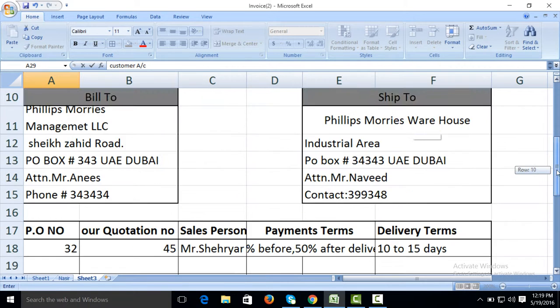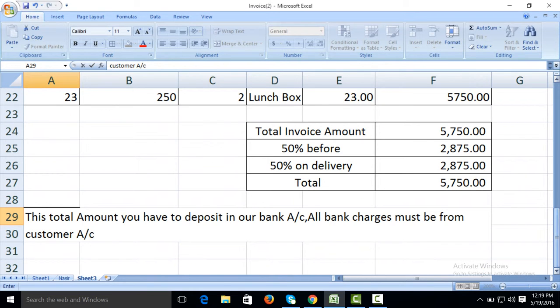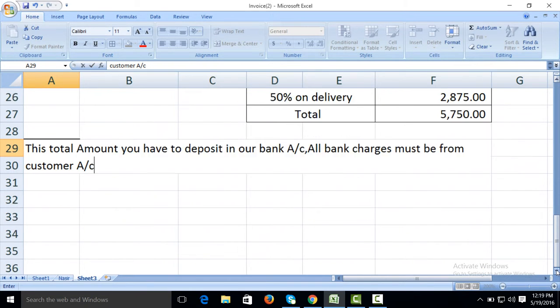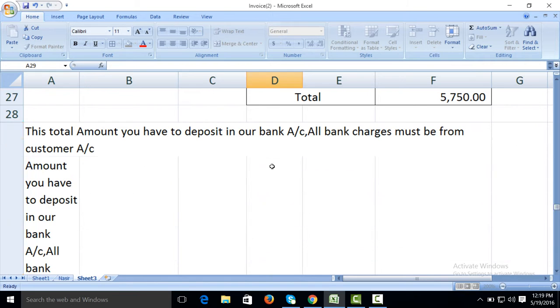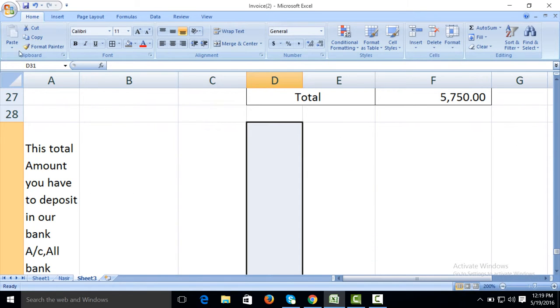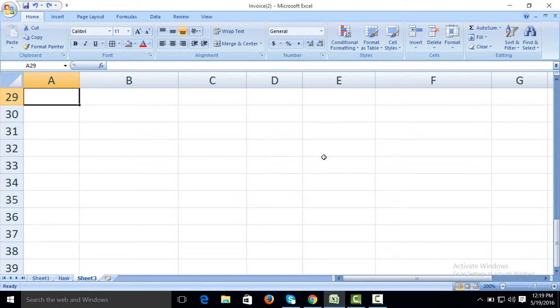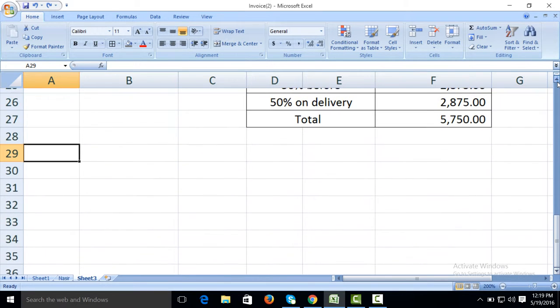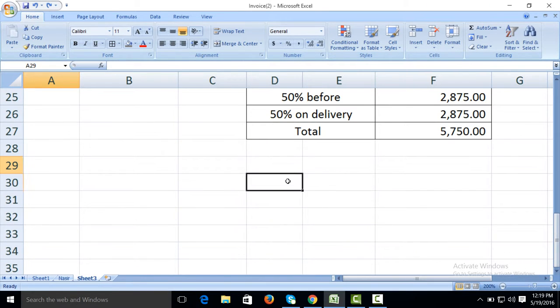Your bank name, make it merge, paid to, make it center,